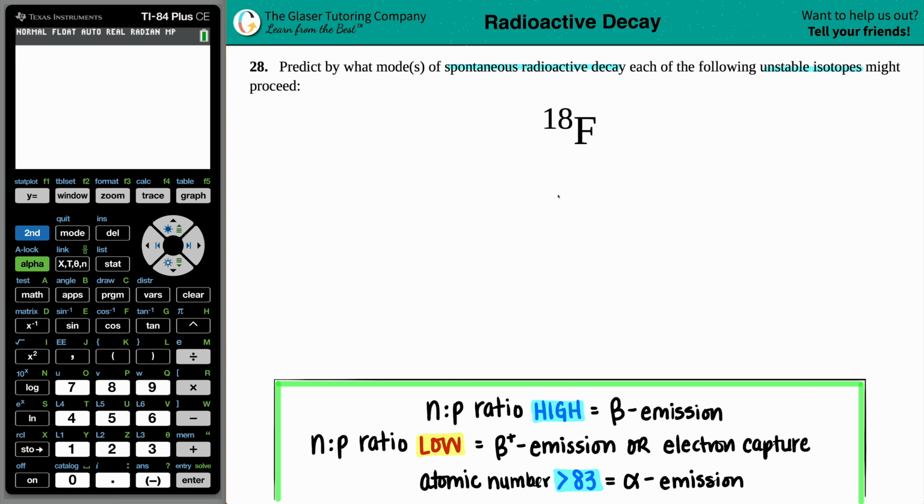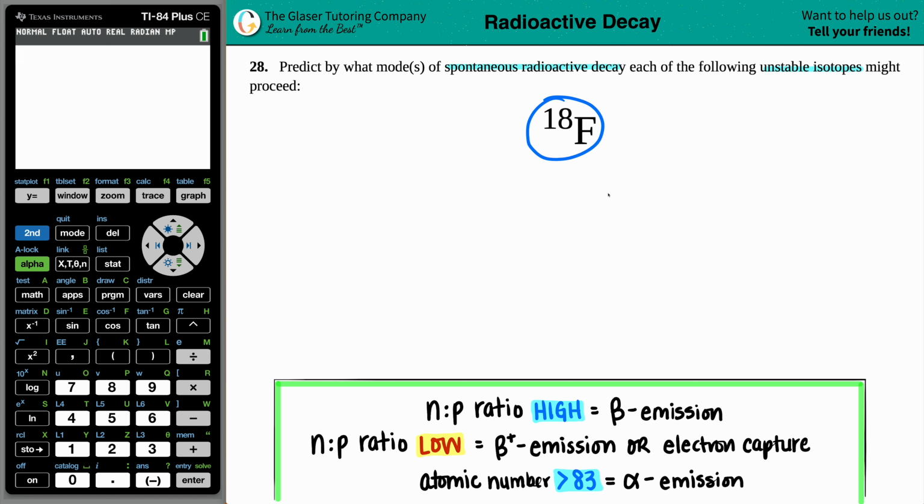Ooh, love it when something rhymes. Okay, anyway, great way to start the video. But we will proceed with fluorine, number 18. Okay, anyway, so